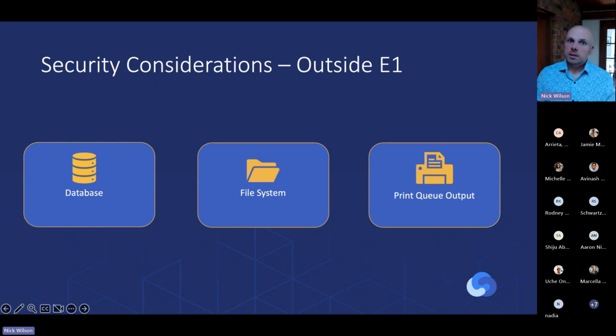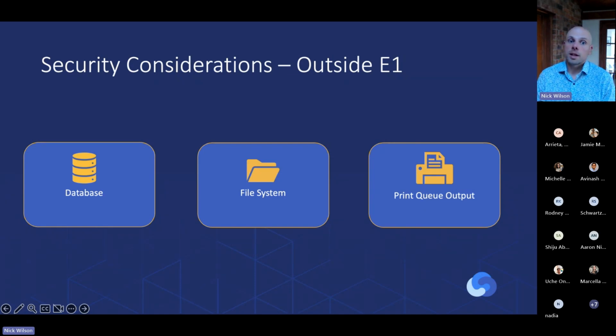Similarly, the file system where integrations are stored and have access to. When we're writing these integrations, if there's bank account data, it will likely need to be unmasked in these areas, and some security implemented around those. And finally, if there are some check printing options, although JD Edwards has made some considerations for this, we need